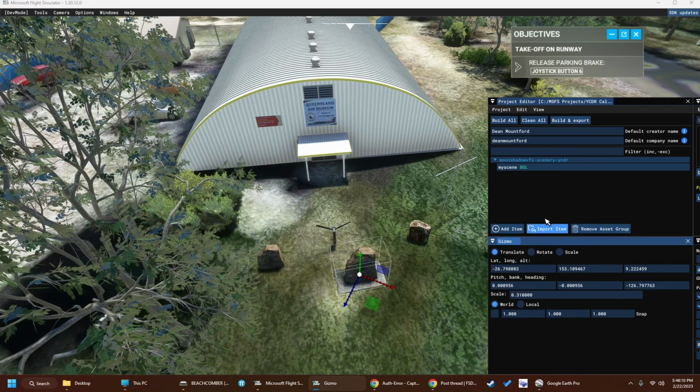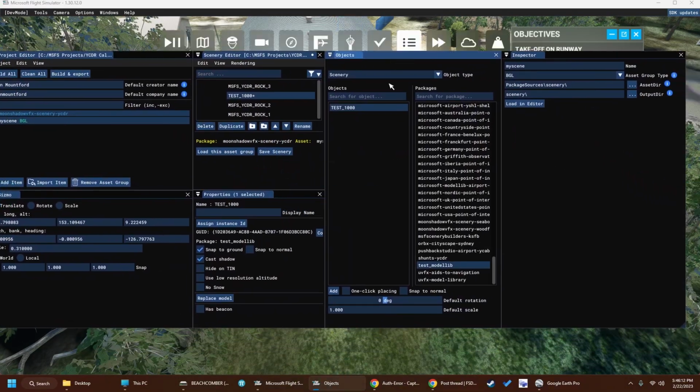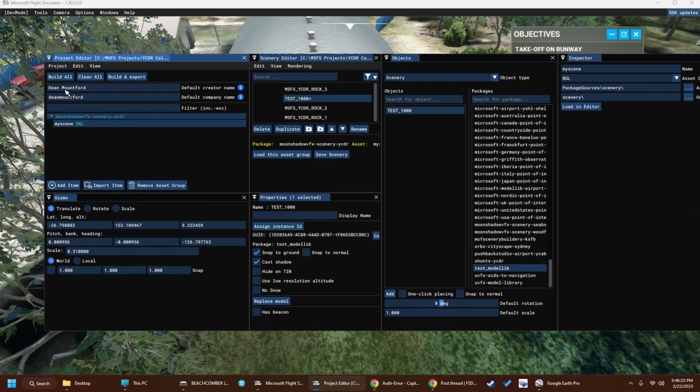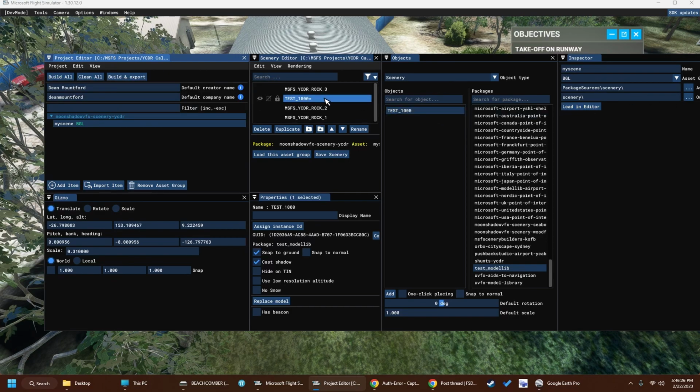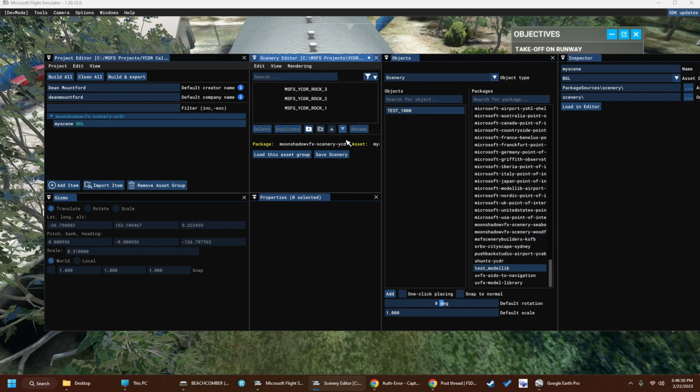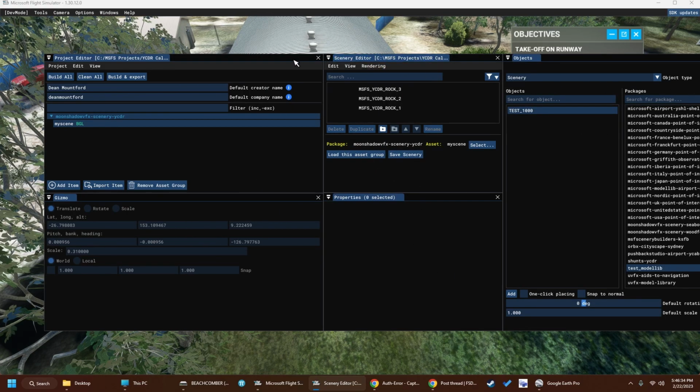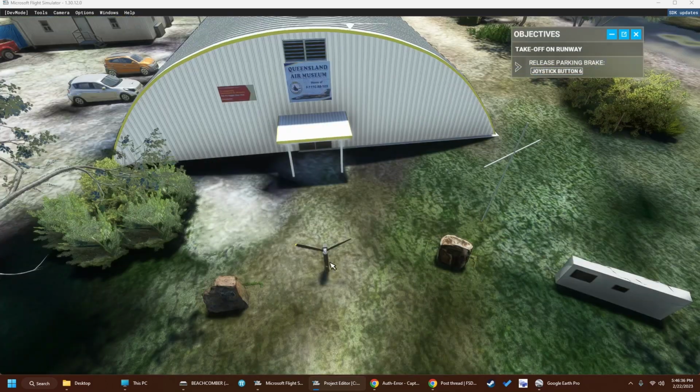So we've placed the scenery, we have it up here, test, it's in our project, and then we want to hit save scenery, bada bing, go across here and click on build all. I've already built the previous one, so what I'm going to do is delete that out of my scenery and just save it again because I don't want to change anything about it. And then you can just drop that into your community folder, and you have got